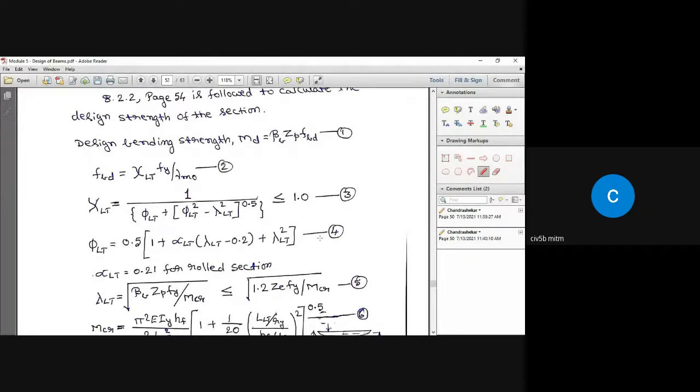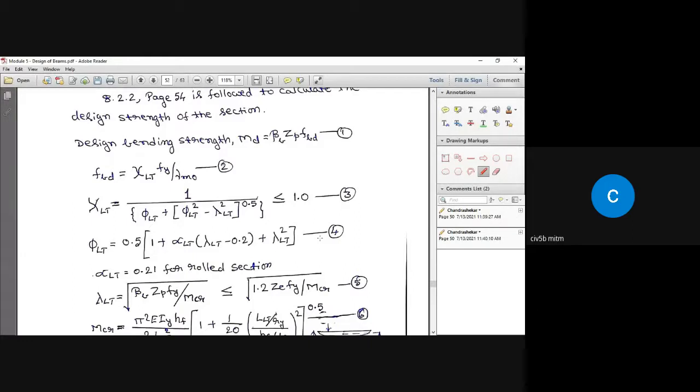If you go above that formula, there is a paragraph written. I'm going to read out that paragraph. The following simplified equation may be used in the case of prismatic members made of standard rolled I sections and welded doubly symmetric I sections for calculating the elastic lateral buckling moment MCR. So according to this paragraph, this equation is a simplified formula.